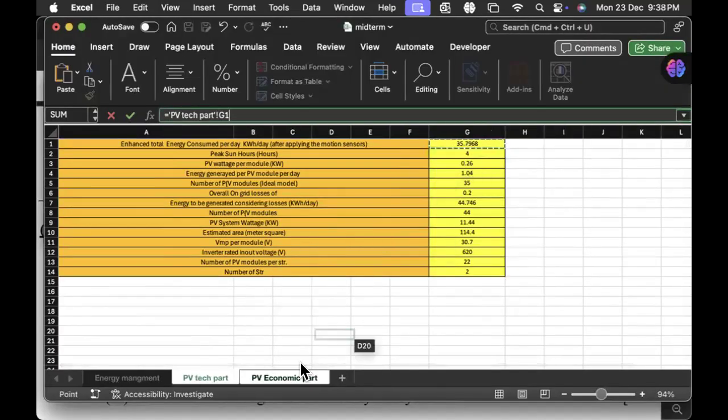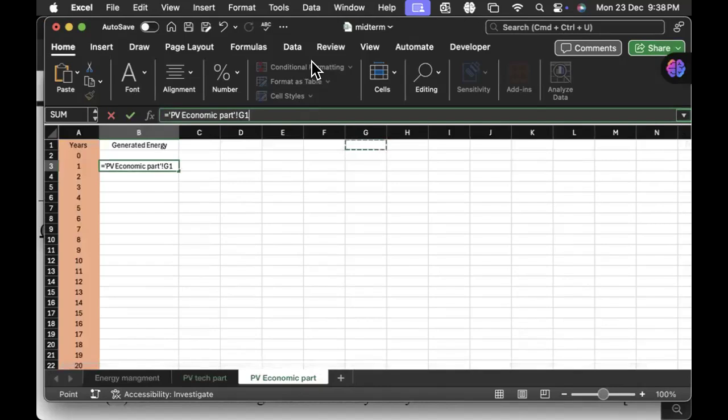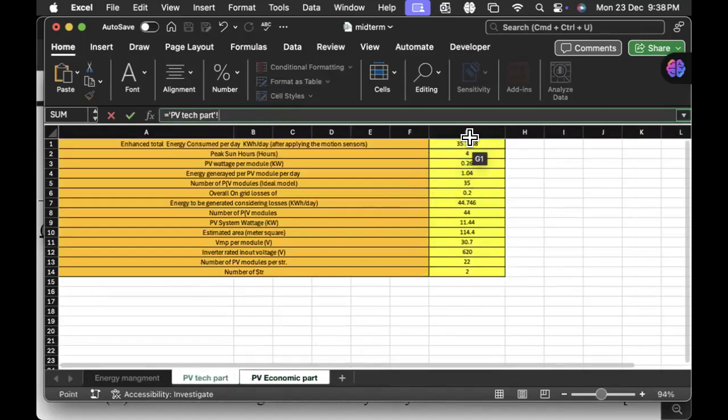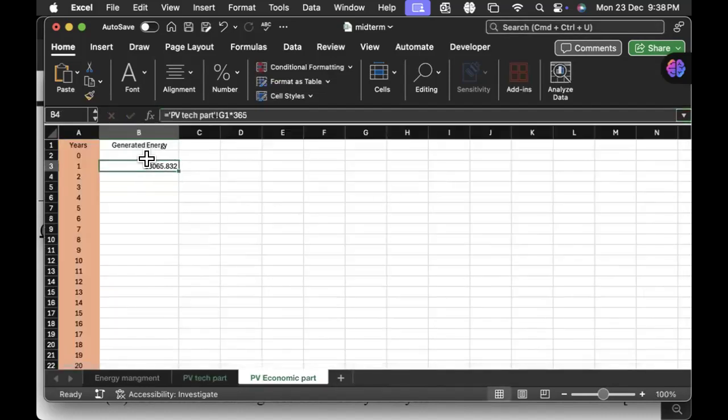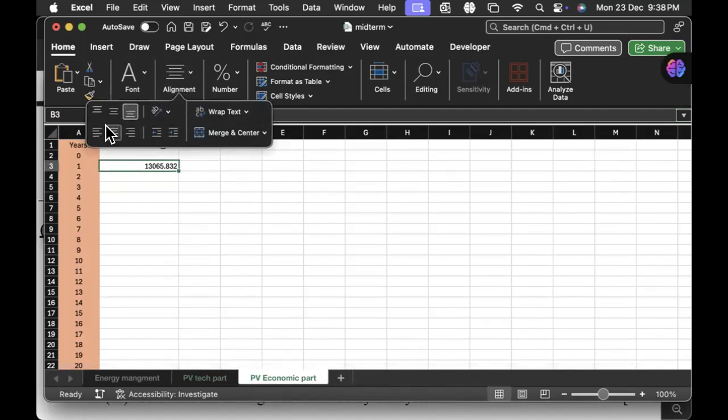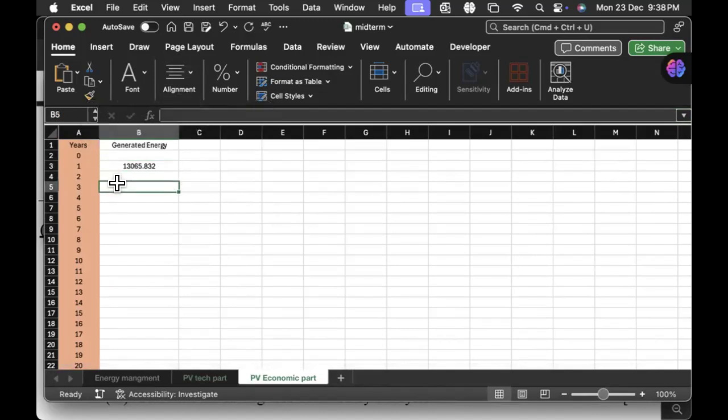this number multiplied by 365. So this will be, I think I did a mistake here. So again, it is this number times 365. Yeah, so this is correct now. So this will typically be the energy yield per